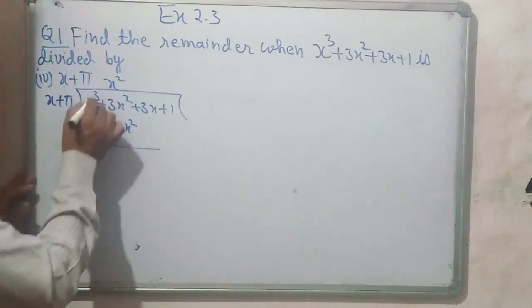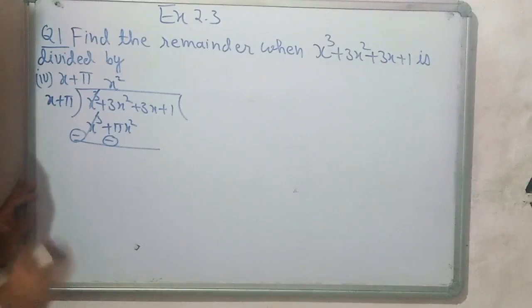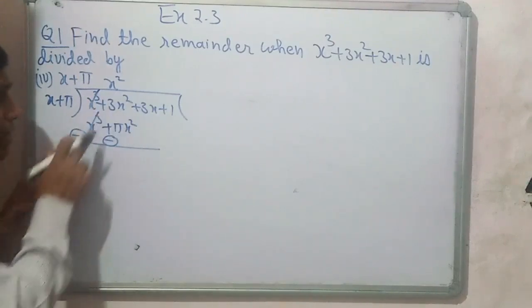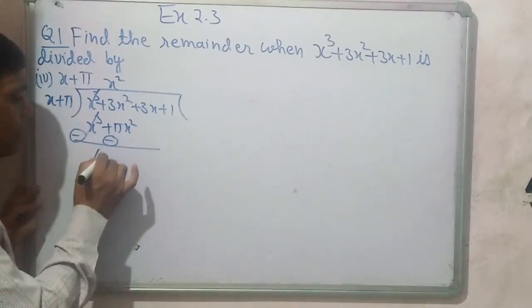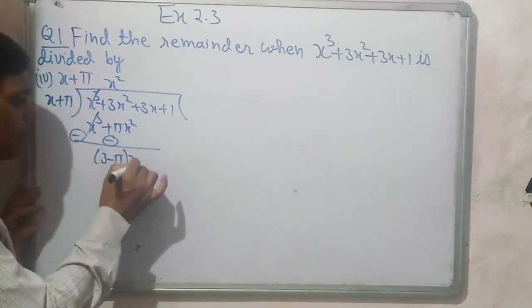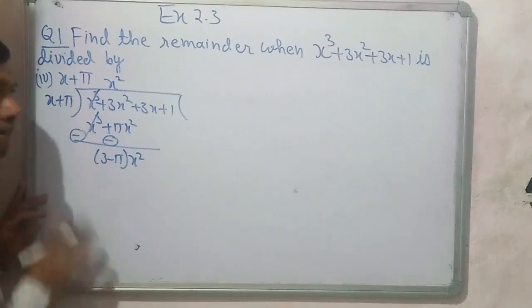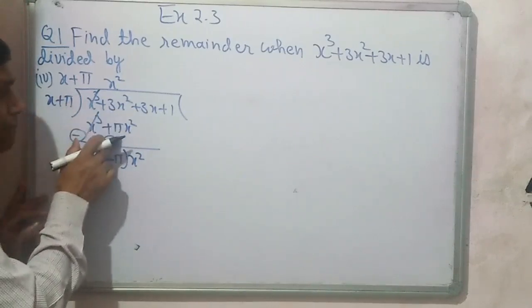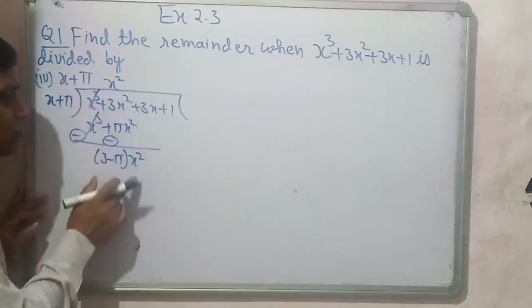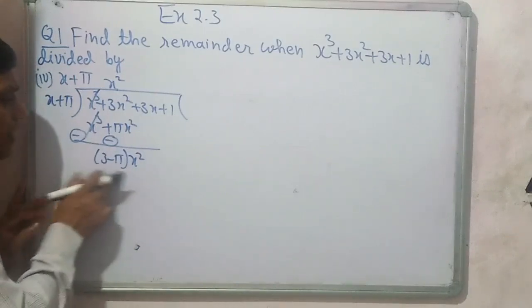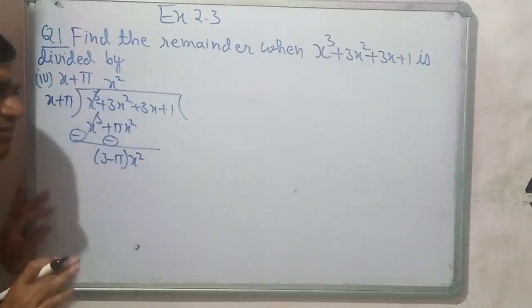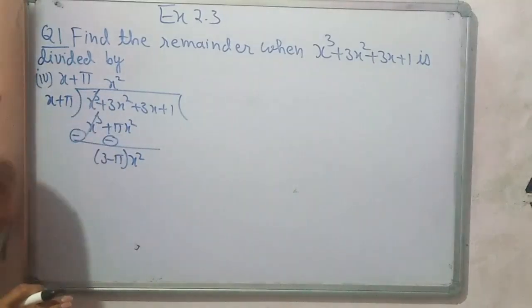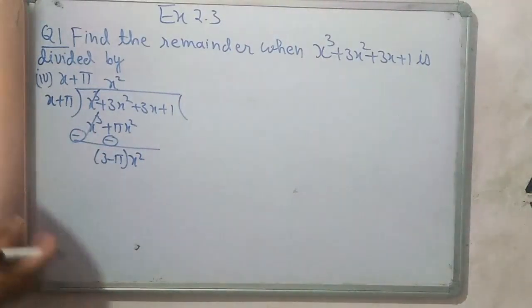Let us cut this first. Can we subtract this? That's 3 minus pi multiplied by x square. Let us write it. 3 minus pi multiplied by x square. 3 is one coefficient, pi is the other coefficient of x square. So these are both coefficients of x square, and we have to solve them together. If here there was 5, what would we do? 3 minus 5. If here there was 1, what would we do? 3 minus 1, 2x square. Instead of 2x square, 3 minus pi x square has come, no problem.